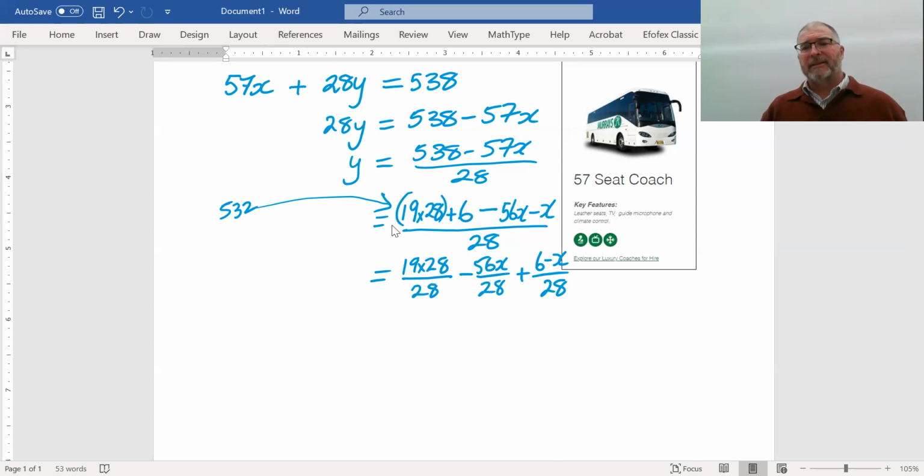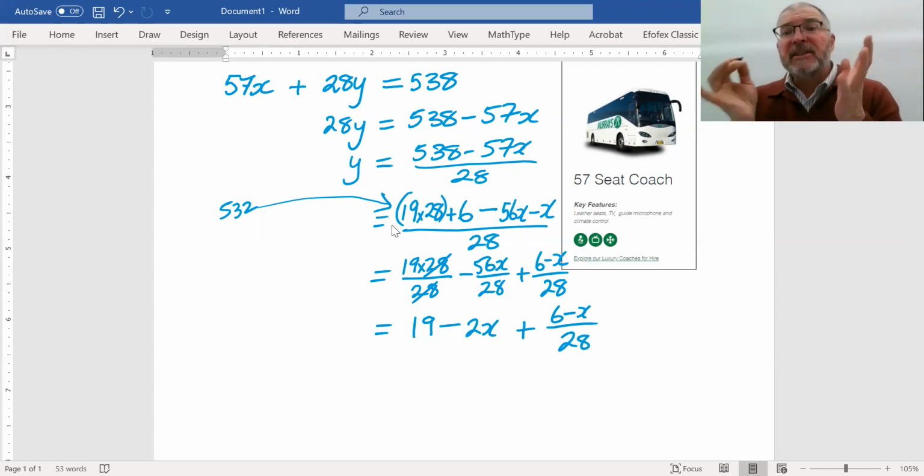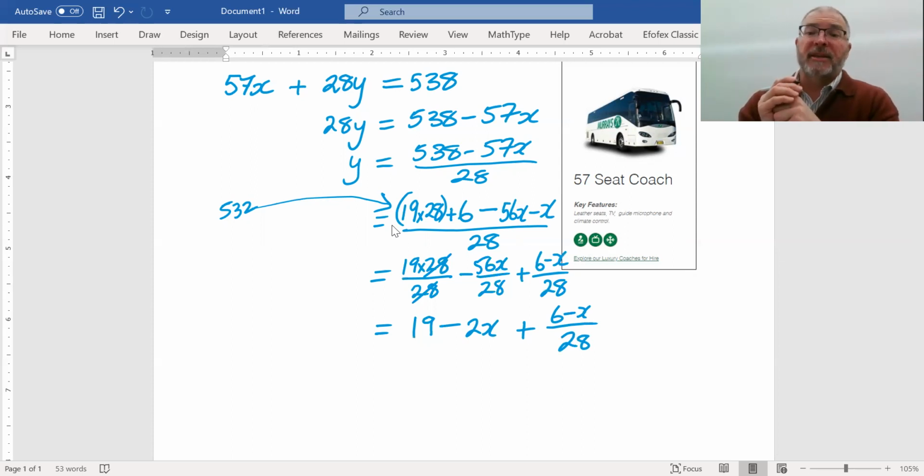Now, why would you do that? Just to see what whole numbers I can pull out of there. Just have a look at what happens. This is 19, because the 28's cancel, minus 56x on 28 is 2x, and then plus (6 minus x) on 28. Now, let's assume that there is an answer. Let's assume that there is a situation where both x and y, the number of 57-seaters and the number of 28-seaters, can be multiplied by the various numbers and actually end up equaling 538. If there is an answer,